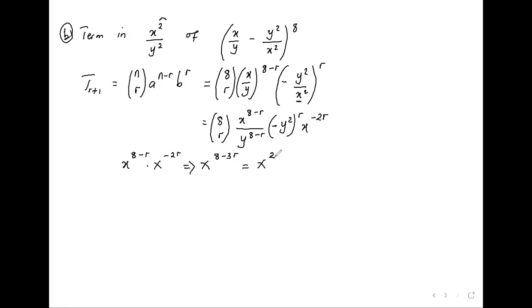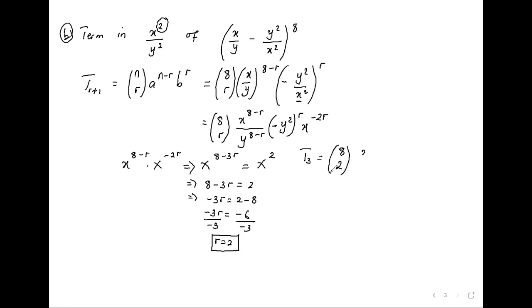The one mentioned in here. So this will mean you equate the powers because the bases are the same. So you have 8 minus 3r is equal to 2, implying that negative 3r is equal to 2 minus 8. So negative 3r is equal to negative 6. Divide by negative 3, divide by negative 3. So r is equal to 2. So you go back and say, okay, so it means the term number 3 is equal to 8C2,